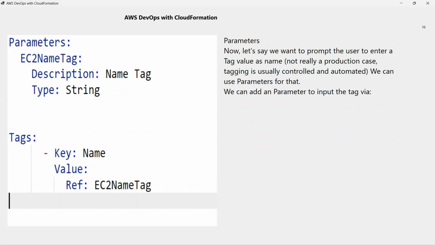Parameters. Now, let's say we want to prompt the user to enter a tag value as Name, not really a production case. Tagging is usually controlled and automated. We can use parameters for that. We can add a parameter to input the tag via